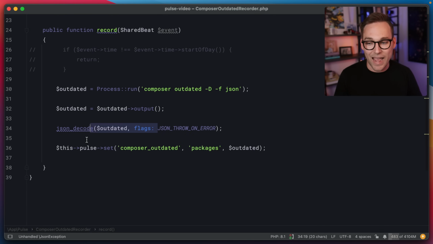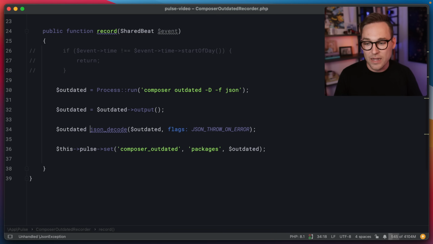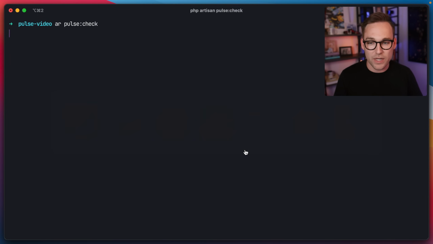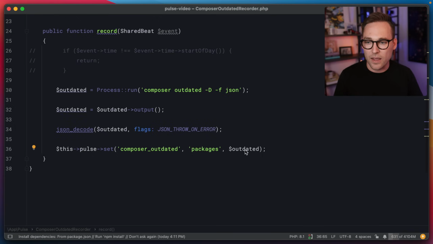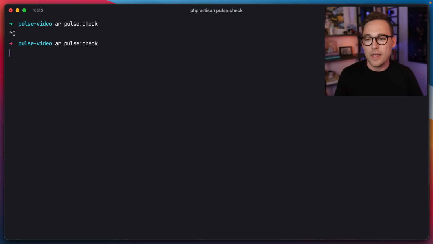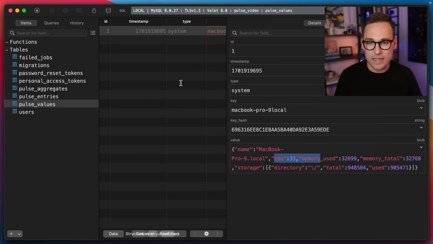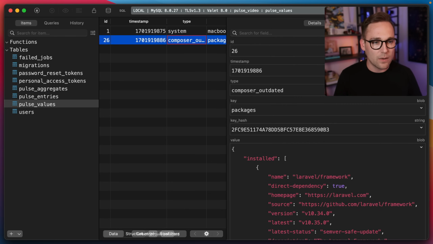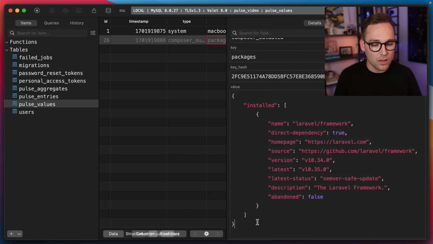And that's why I didn't actually set this up here, because then I would just have to re-encode it. All I want to know is that it's valid JSON, so that's fine. So what I'm doing is I am setting this with composer outdated as a type, packages as a key, and the string. So now if we hop over here and we stop this and run this again, it should run. This is going to run every 5 seconds. It's going to take a minute, and we should see that pop in. There we go. So now we have stored all of the data